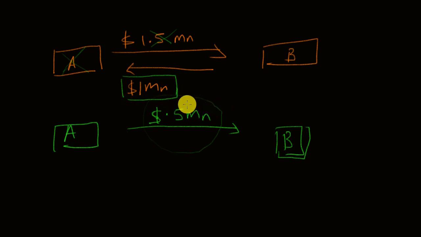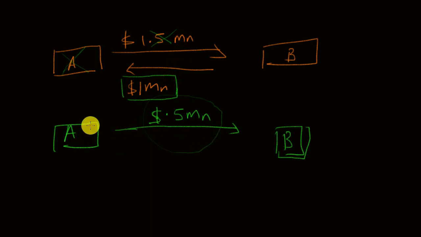So you can see that without netting, firm B still has to pay this 1 million, even though firm B will not receive its 1.5 million from firm A. Now in here, since these two transactions have been netted,